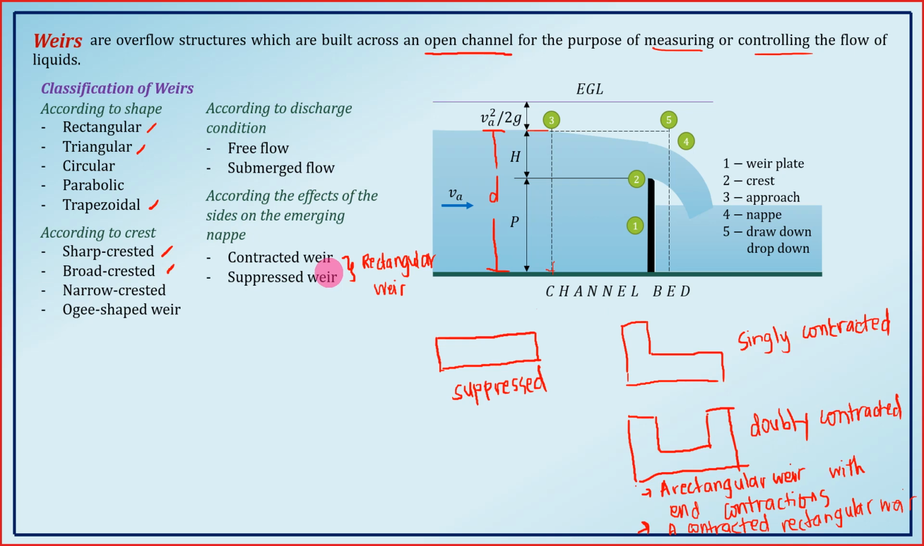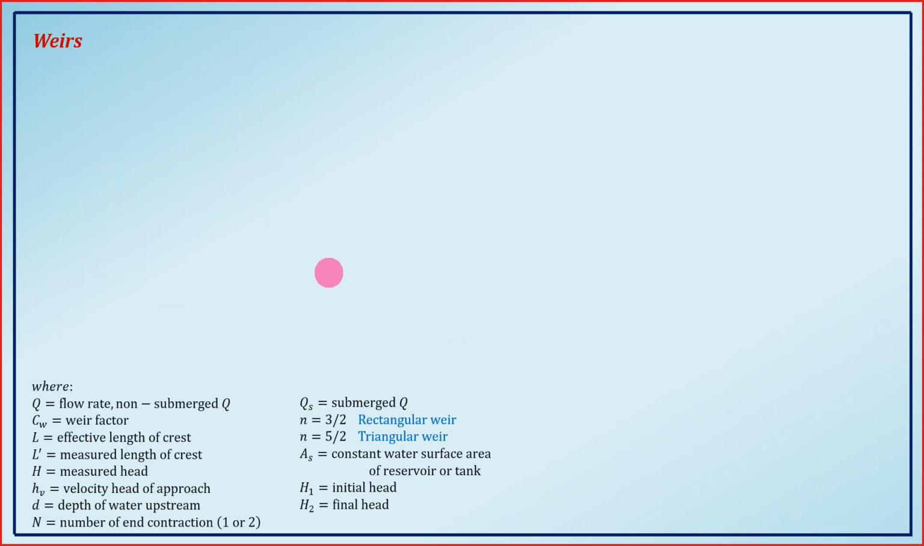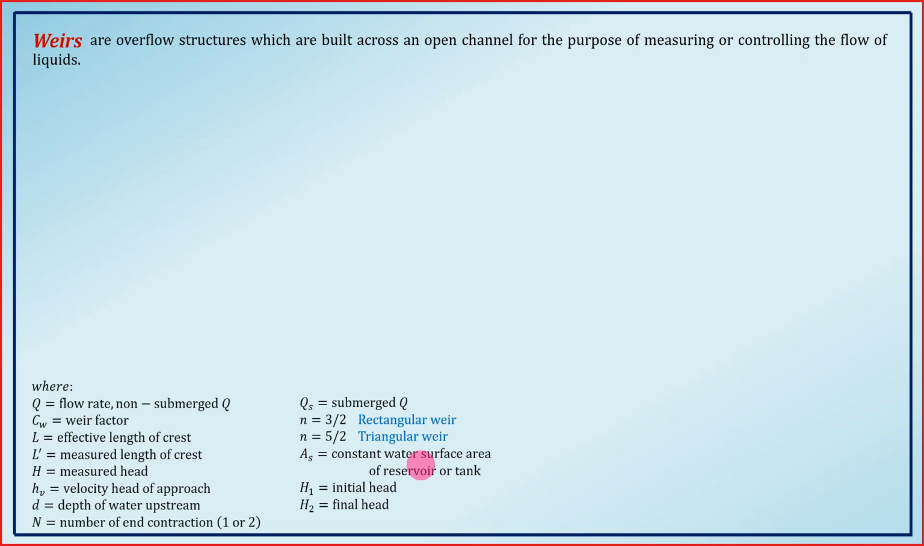And again, these equations are not derived, hindi sila nade-derive because they are empirical formulas. Na-derive sila from a series of experiments. Ayan. So, magkakabisado tayo dito ng mga formula. So, for your reference, these are the variables for the equations na makikita nyo dyan. Okay? So, for a rectangular weir,